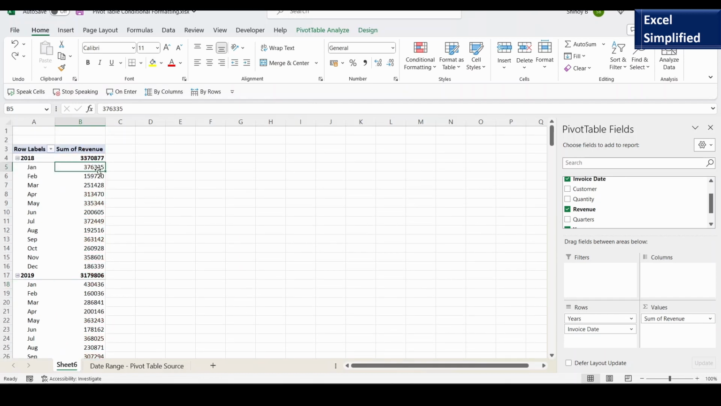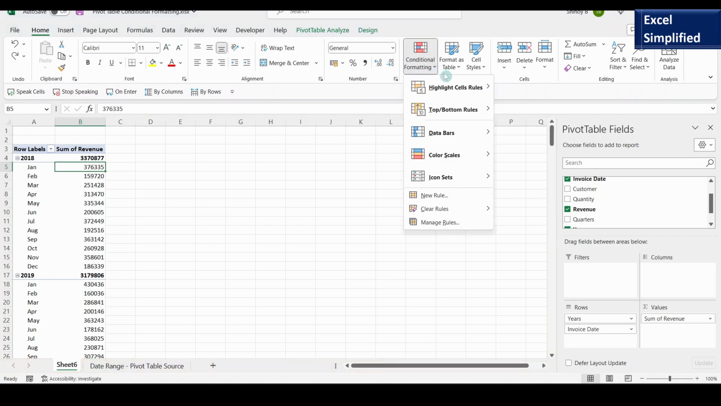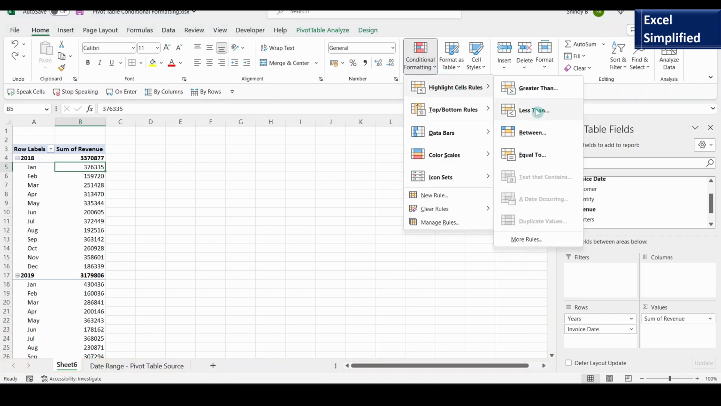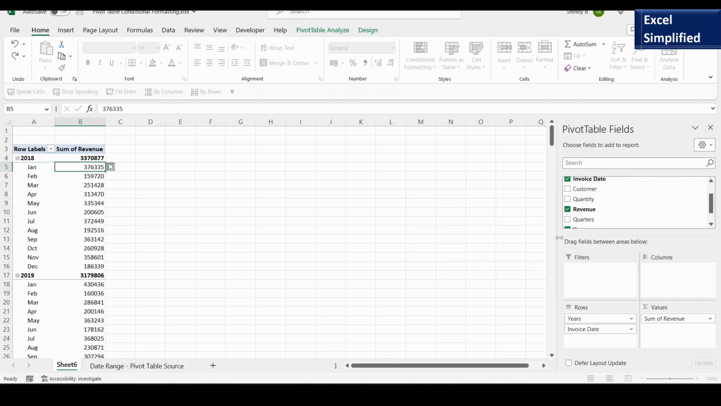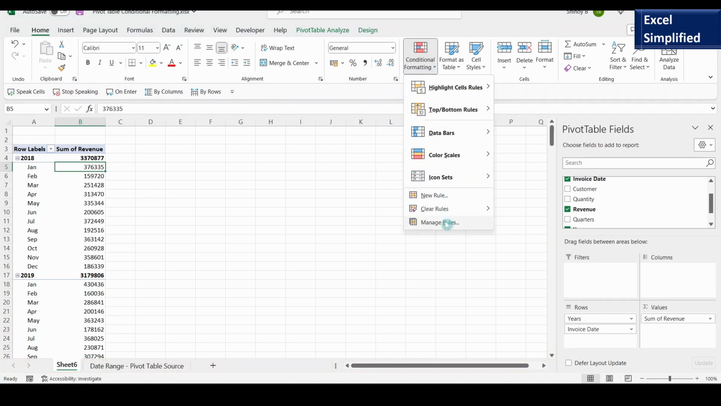Now I will show you how to apply conditional formatting to a pivot table in a different way. I'll click on this first cell, click on conditional formatting, highlight rules, and select less than 200,000. So instead of clicking this pivot table formatting options, I will click on conditional formatting, then I'll use manage